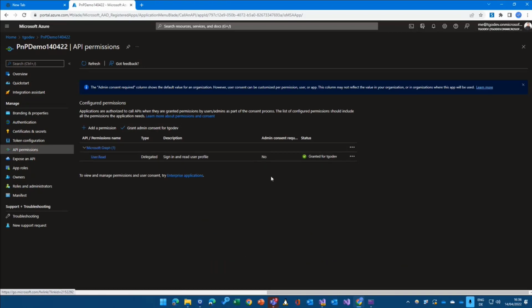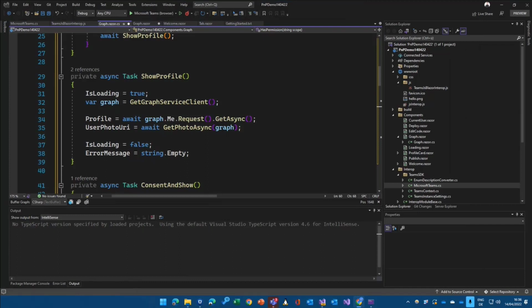If I want to make additional calls to Graph, I would need to add scopes, add permissions in here, because if I just called the Graph now, and let's say I want to list all the teams that I'm part of, it would get an unauthorized error, because the application in the backend using the on-behalf-of flow isn't scoped to that resource. And then, of course, I would go in there and change that in the API permissions.